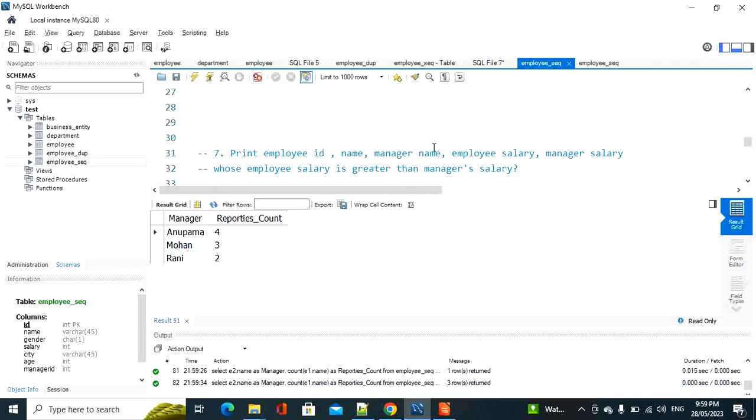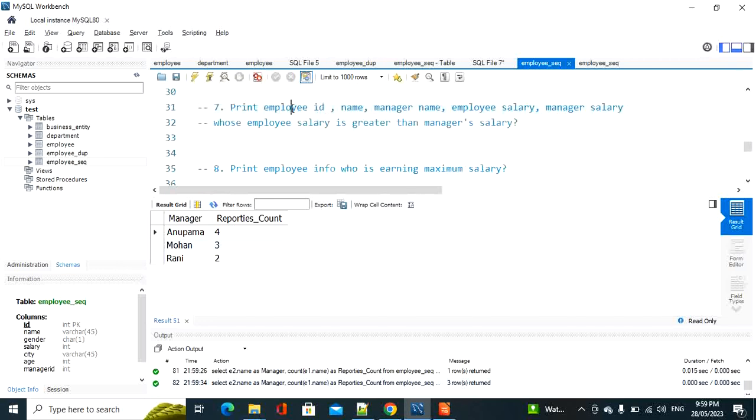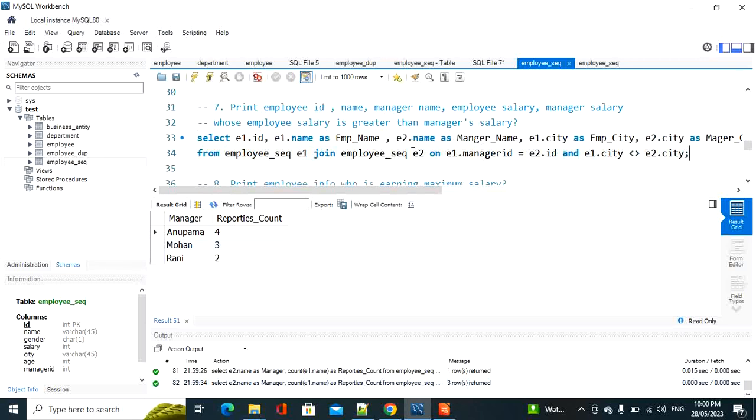The next requirement: find the employee id, manager name, employee salary and manager salary, where the employee salary is greater than the manager salary. That means I want to find the list of employees who are earning more than their manager. This is the kind of requirement we have. So for this requirement,